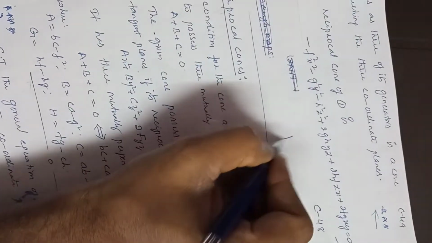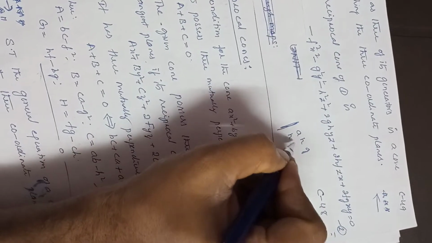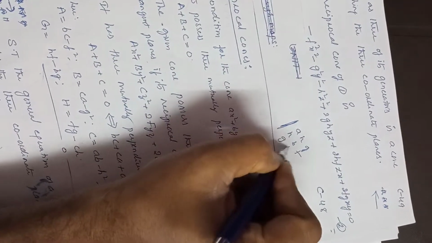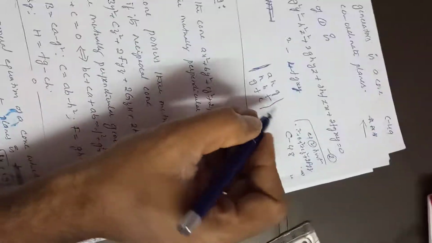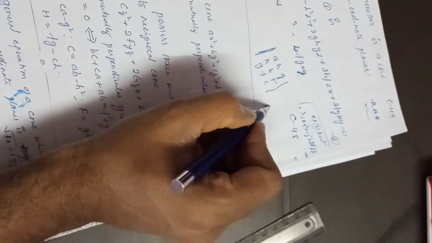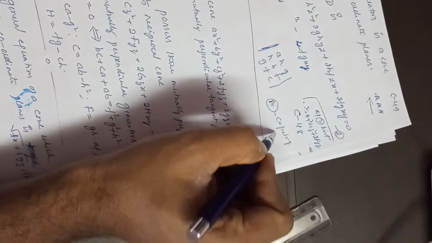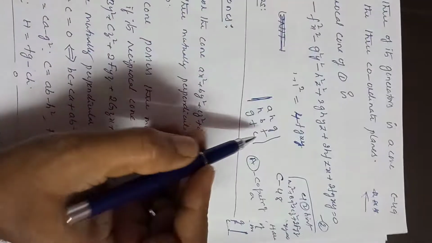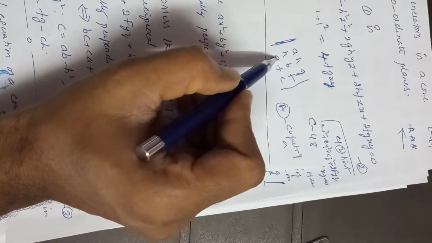Once the cone is given to you, simply we have to write the determinant A, H, G, H, B, F, G, F, C. This is the determinant, no? Right? This is nothing but a pair of planes condition. Okay, now here capital A value is nothing but the cofactor of small a, right? How to find the cofactor of small a? We have to delete this row and column. The square matrix is